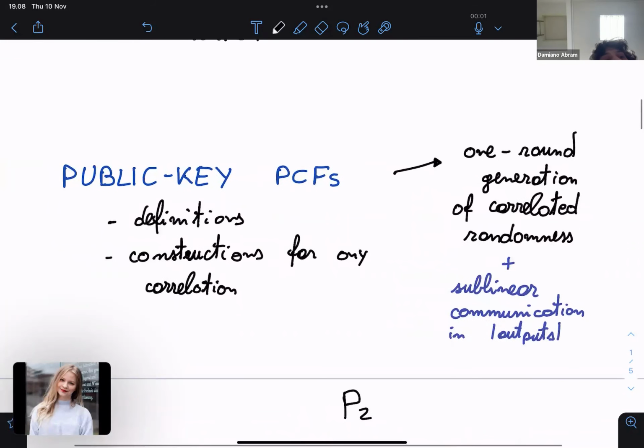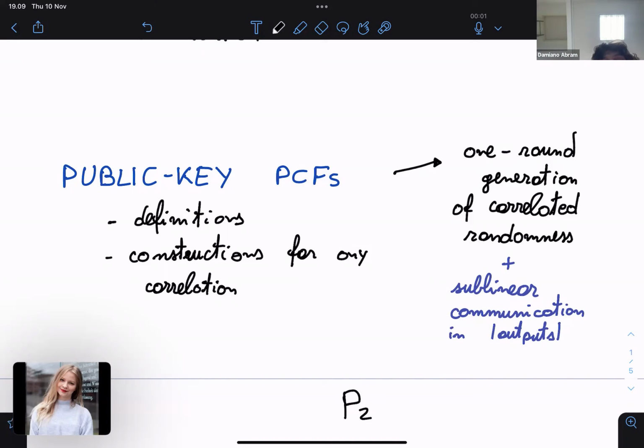The second part of the paper is instead about public key PCFs. PCF stands for pseudo-random correlation function. Basically, these are one-round protocols for the secure generation of large amounts of correlated randomness. And public key PCFs have a very nice property, namely that the total communication of this one-round protocol is sublinear in the size of the outputs. So the parties will just send one short message, and after that they will get all the correlation they need